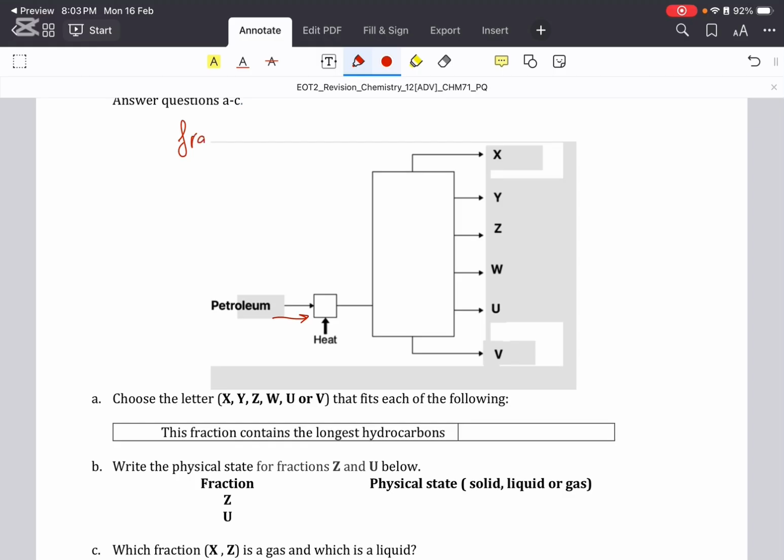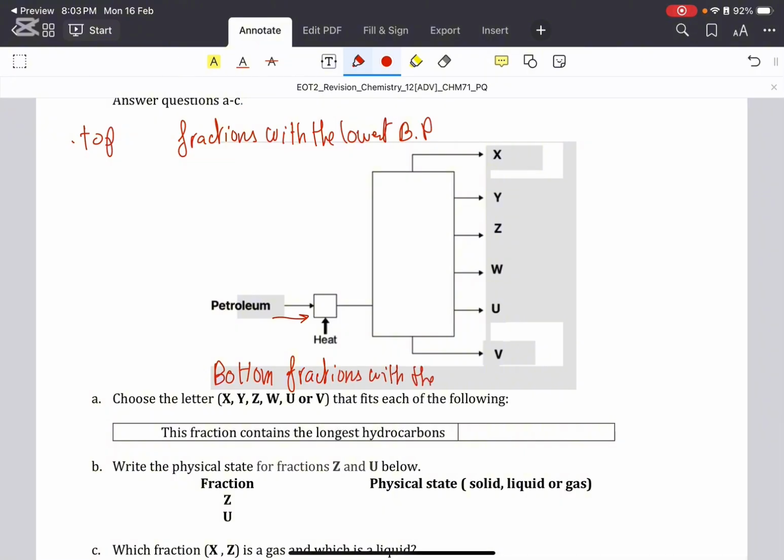So at the top, I'll obtain the fractions with the lowest boiling point. And at the bottom, I obtain the fractions with the highest